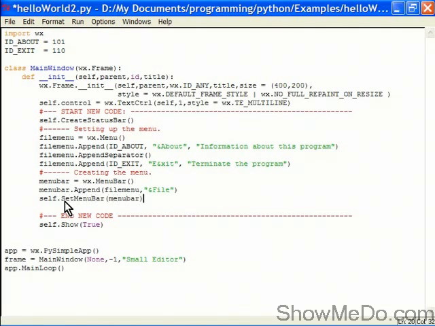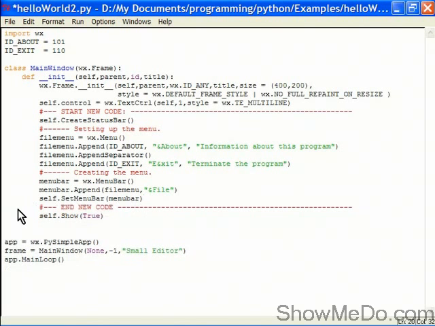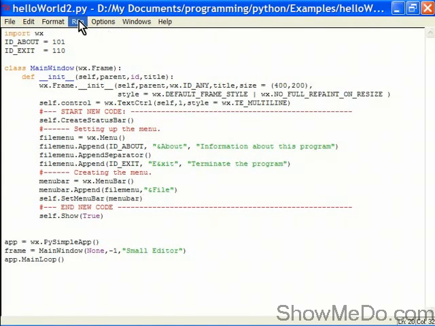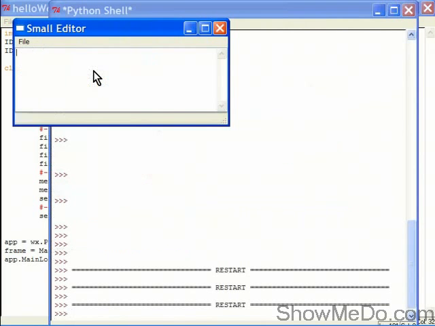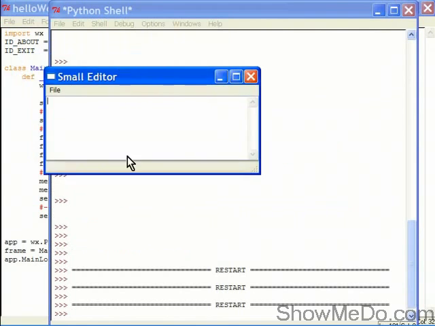So what we've done is created a menu bar object, and now we've sent that to this main window and said this is your menu bar. That's what that function does. So if we save this, and I haven't made any obvious syntax errors, then I can show you what we've managed to do. Run the module. So here we have